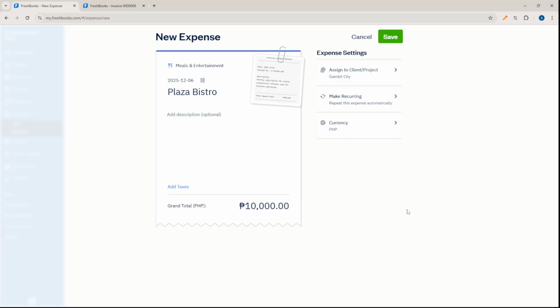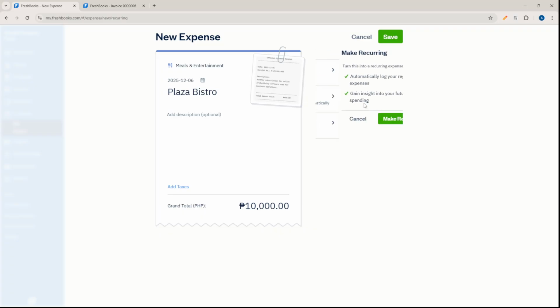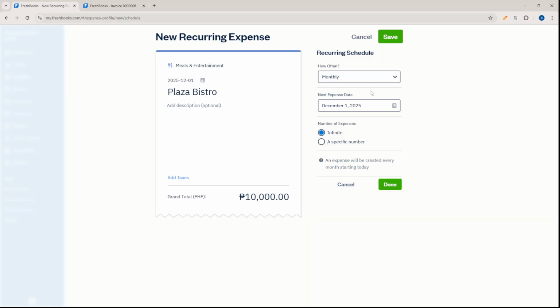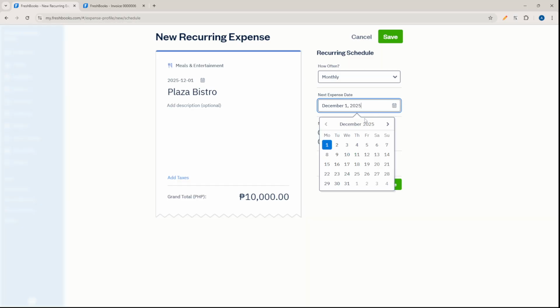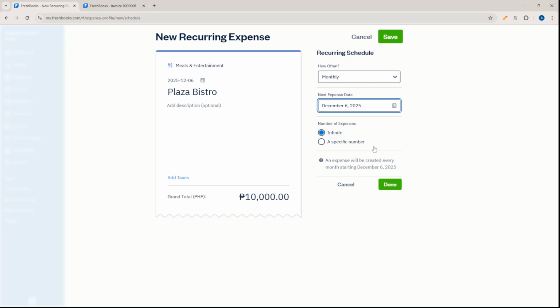Now enable the automation. In Expense Settings, select Make Recurring. A scheduling panel appears. Choose the next expense date, which is the day you want the first automatic expense to post. Then set how often: weekly, monthly, yearly, or choose a custom schedule if your timing is unique, like every